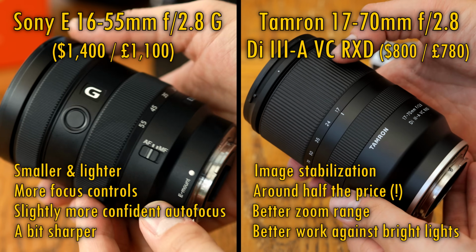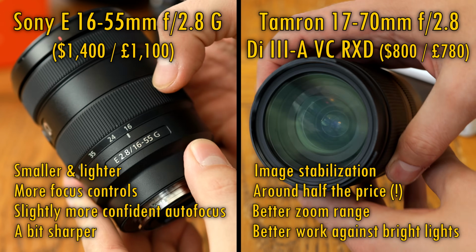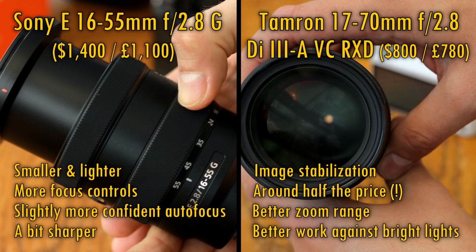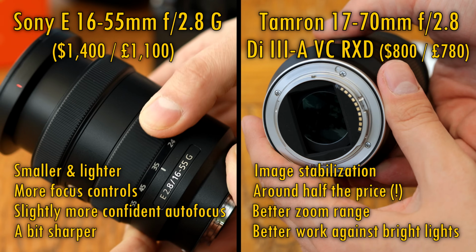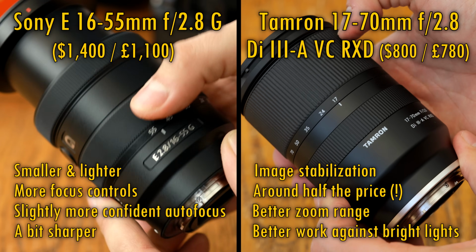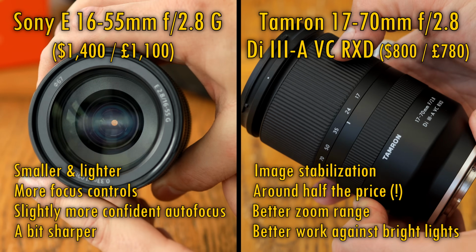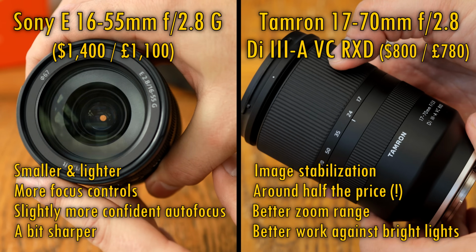Overall, the Sony lens certainly offers a little more sharpness to your images than the Tamron lens does, including at close distances and especially in the image corners, and it's a little smaller and lighter. It also zooms out just a tiny bit wider. But although the Sony lens is excellent, you may need to sell one of your kidneys in order to afford